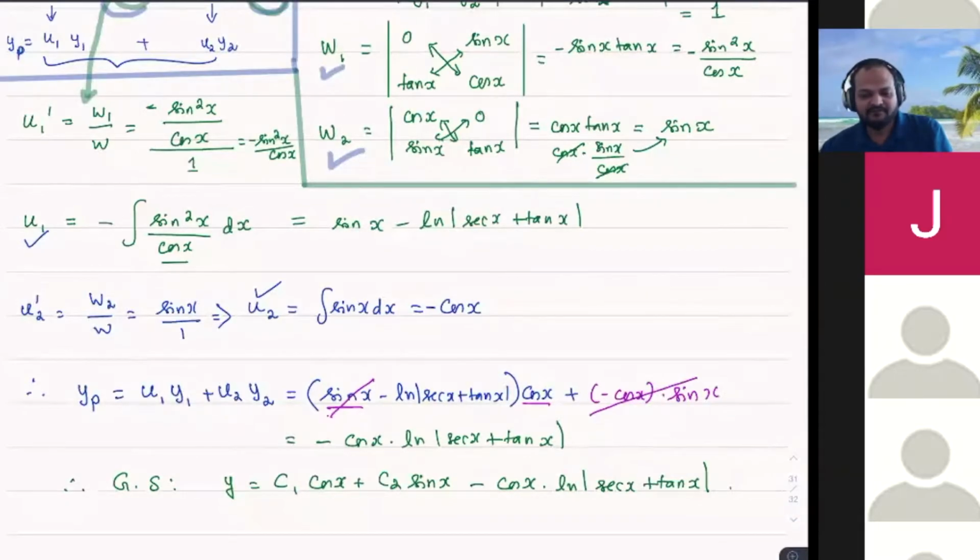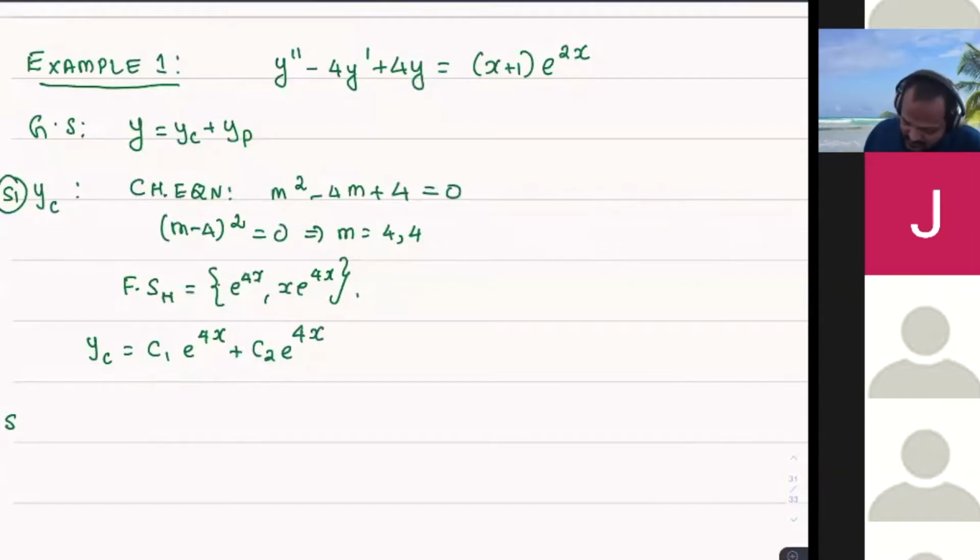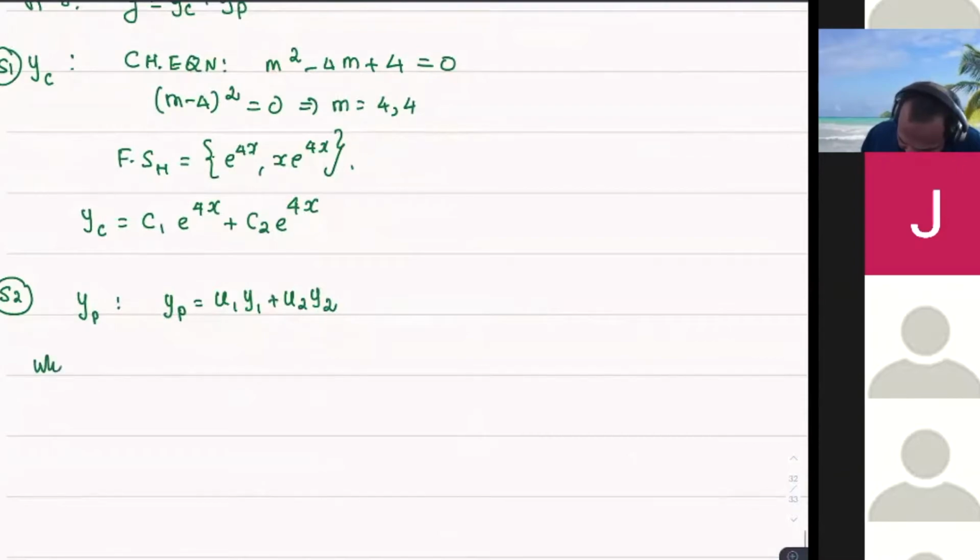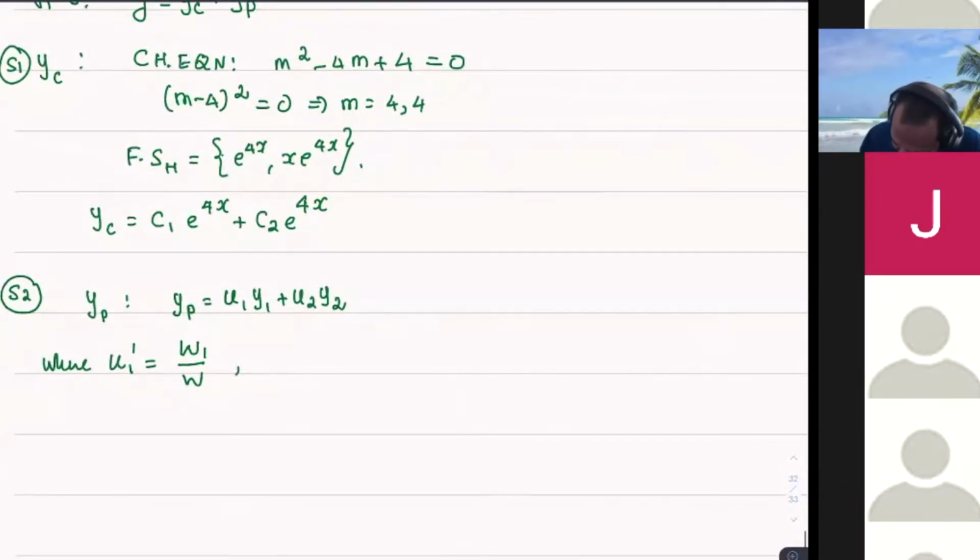Any questions for me? All right, so here we found the yc. Now let's try to find the yp, right? Again, the idea of finding yp is that we set yp to be u1 times y1 plus u2 times y2, where u1 prime is going to be w1 over w, and u2 prime would be w2 over w, where